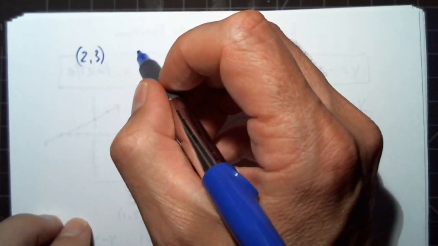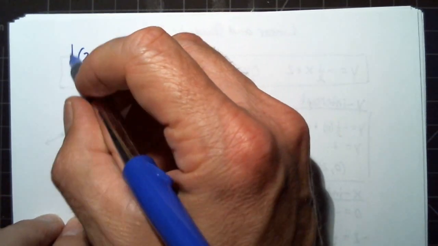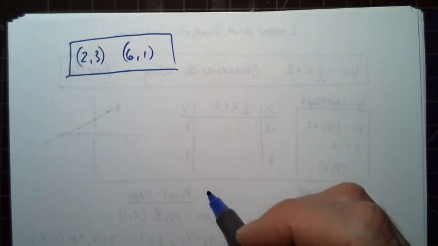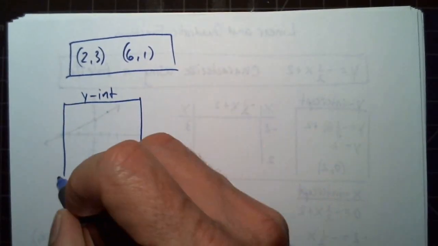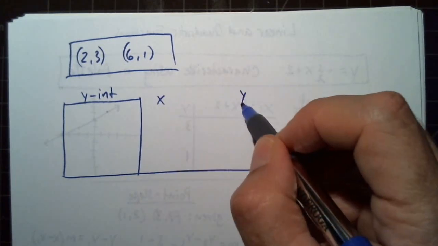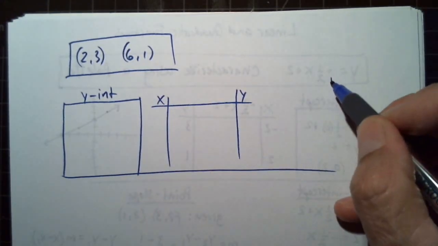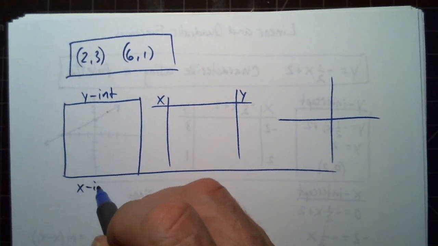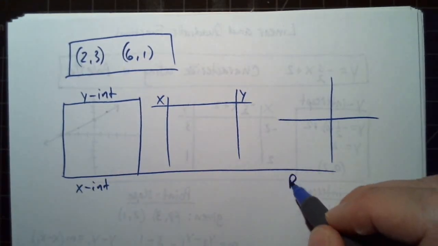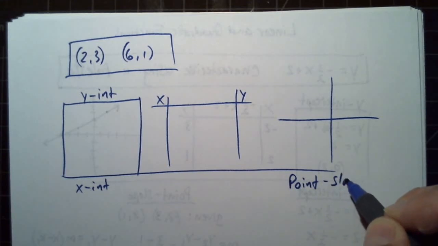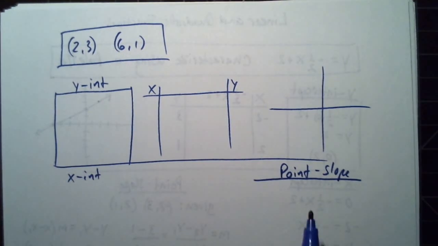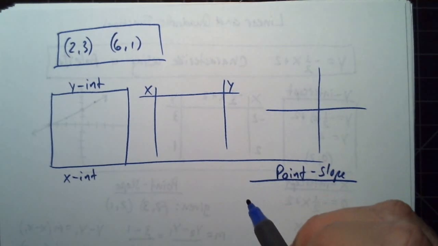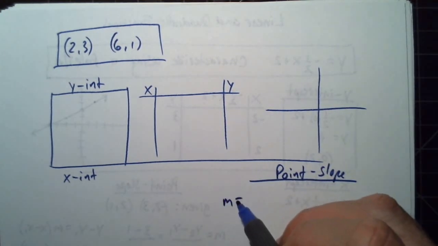Then we could use the palette just for, if we just knew 2 points, then we can still talk about all these other characteristics. But we would have to start over here at point slope. So why don't you pause the video, start with point slope, and then work backwards and fill everything else out in the palette. Alright, so the slope is going to be,